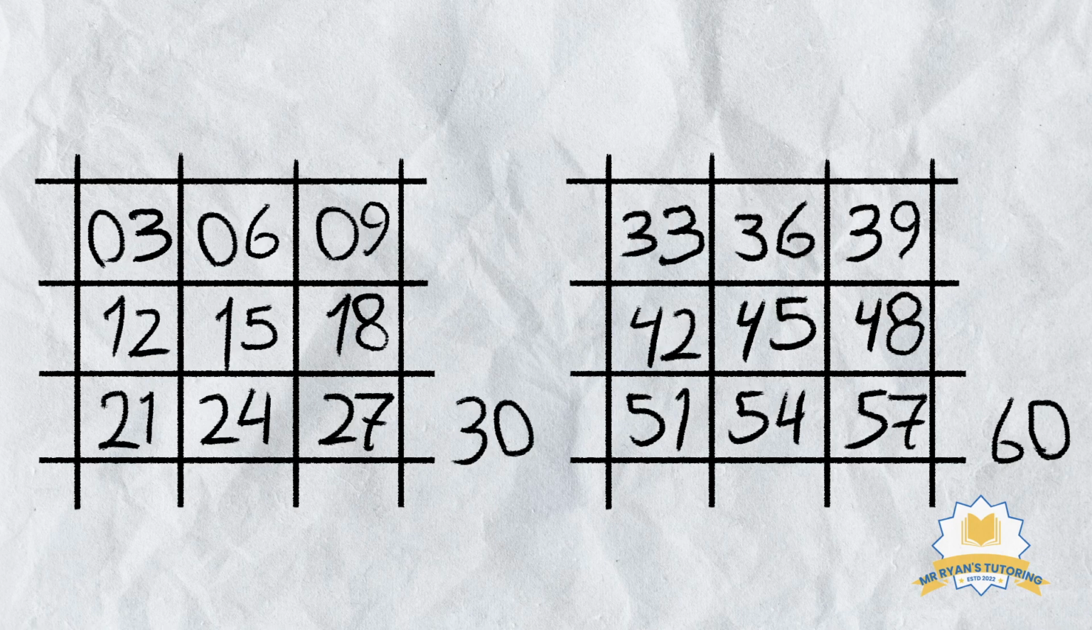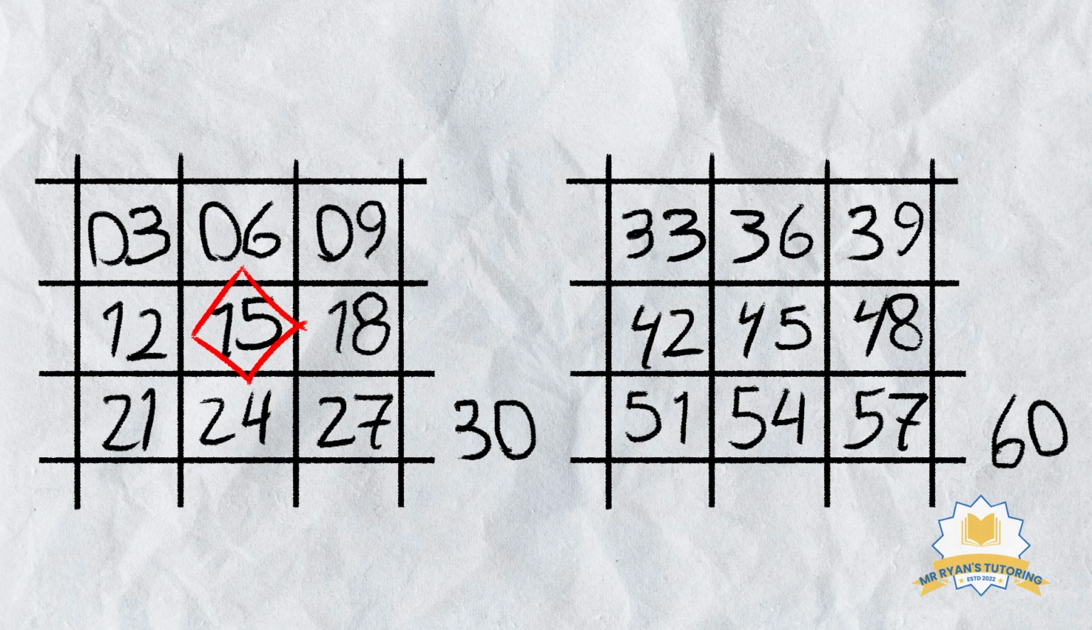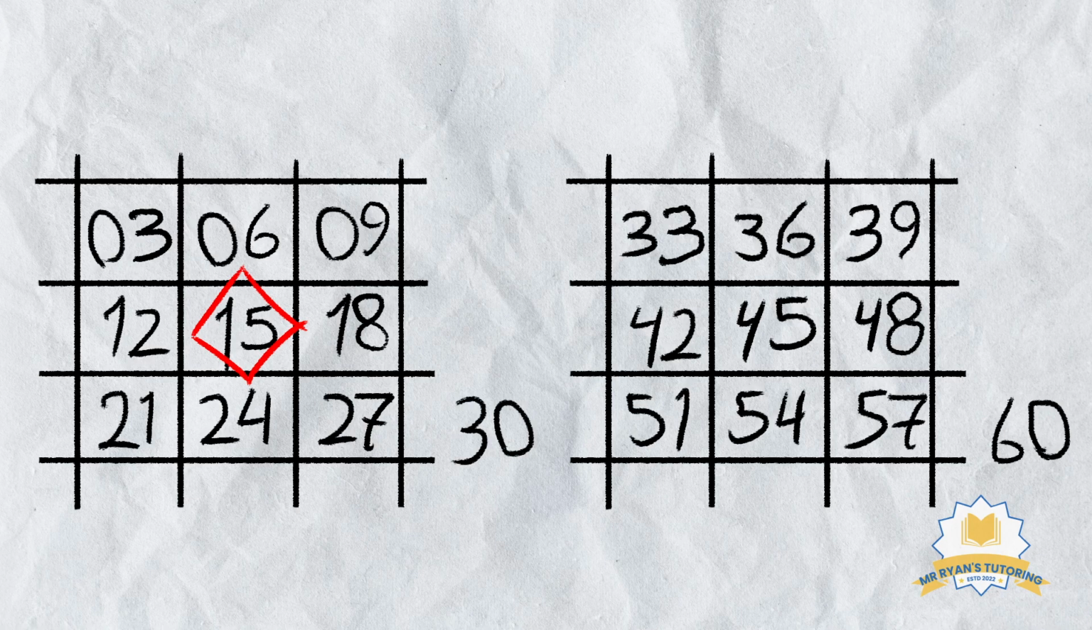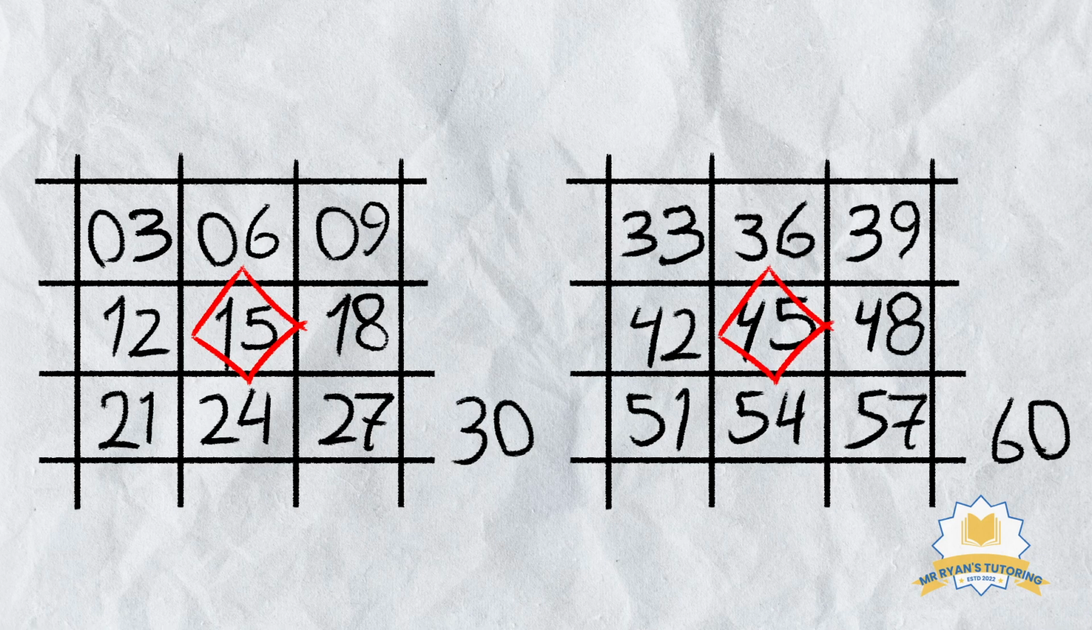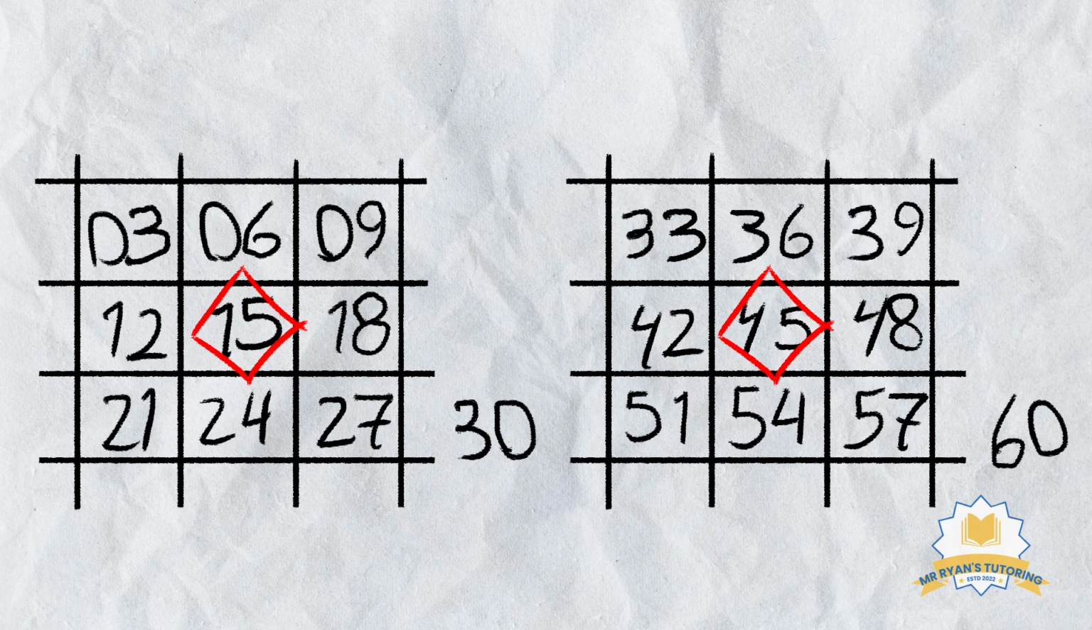So firstly, you need to draw a diamond in the middle of the left grid, so that's where the number 15 is, so just draw a nice diamond. And then do the same where 45 is, so right in the middle of the right grid, draw a little diamond. Now that you've done that, go back to the grid to the left, and you need to circle some